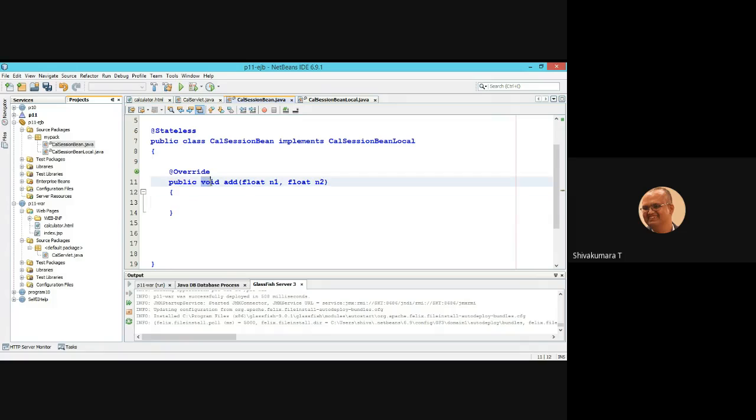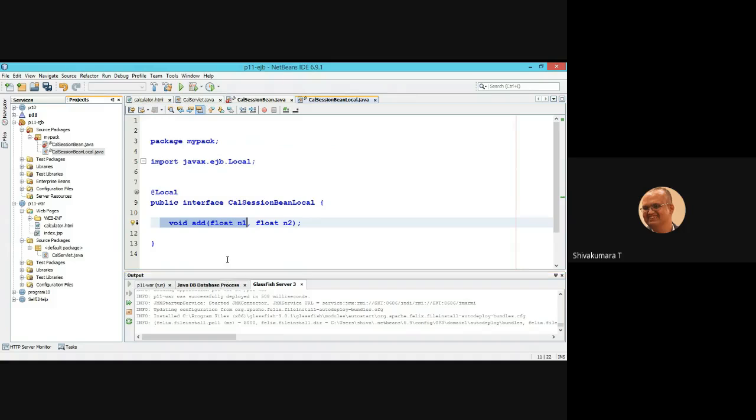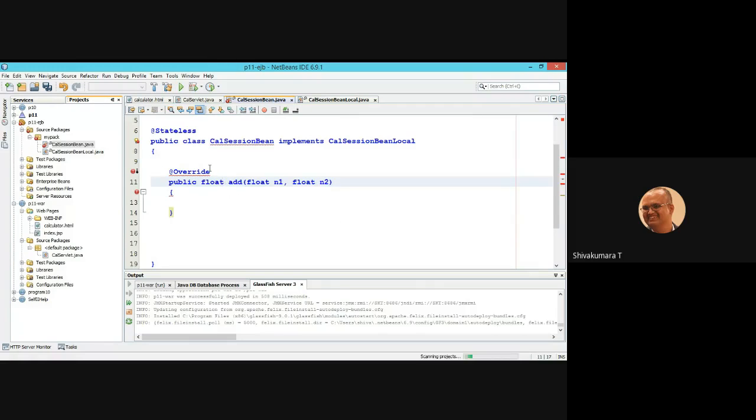I want to return the value, so the return type is float. When you change it here, the corresponding changes should happen in the interface also. Okay.